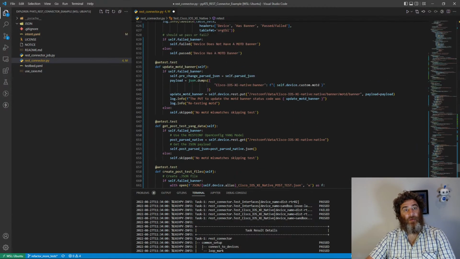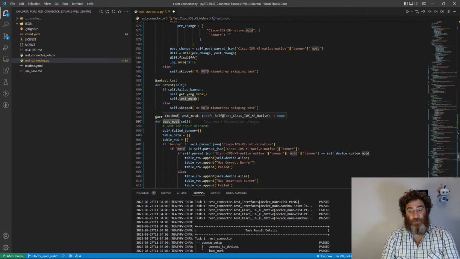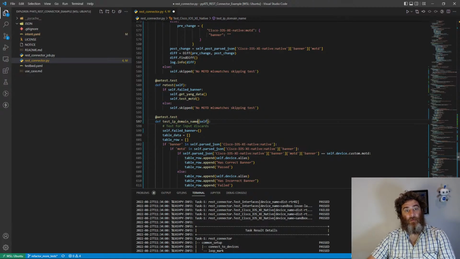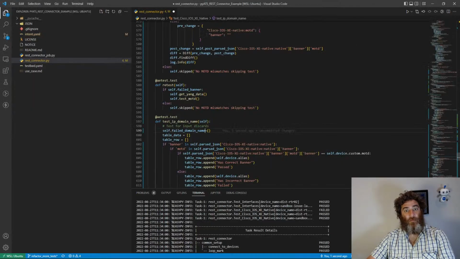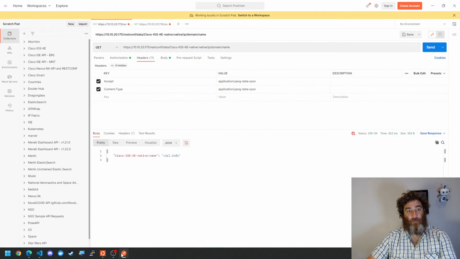Paste it in. And then we're going to start here. So instead of test message of the day, we're going to test IP domain name and failed domain name. And then we're going to look at our, so if it has a domain name, so if name